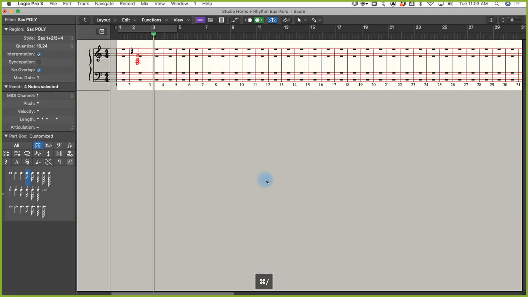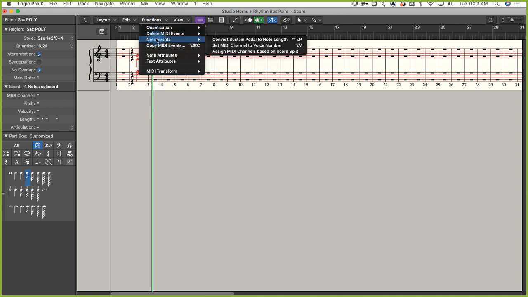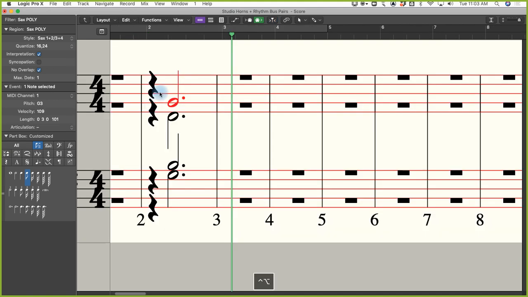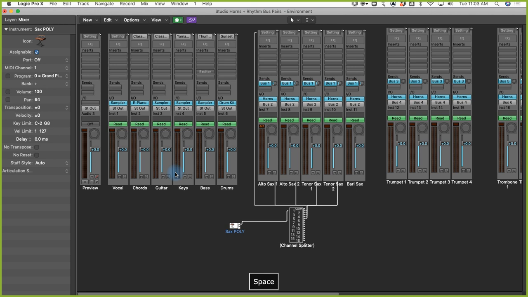But now I'm going to select all these notes and do Option V, which you're familiar with. It's in the functions, note events, right here. Set MIDI channel to voice number. I call it voices to channels. And so it's channel 1 now. Here. Channel 2, channel 3, channel 4. And so now when it plays here,